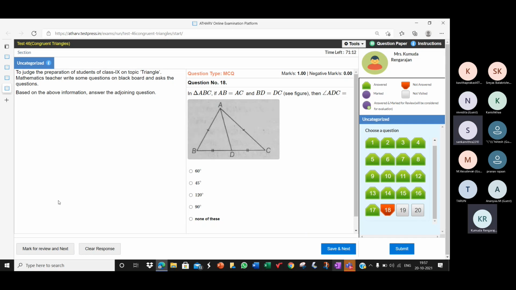So I'm happy with 90, Shreyas, because he's not bothered about the way AD looks. AD is kind of tilted, it's not vertical, but still he feels ADC can be 90. That's correct. Sometimes don't go with the figure because it's slanting. It may be 90. Don't go with the way the figure looks. There can be mistakes sometimes. Yes, Sangamitra, you too said 90.